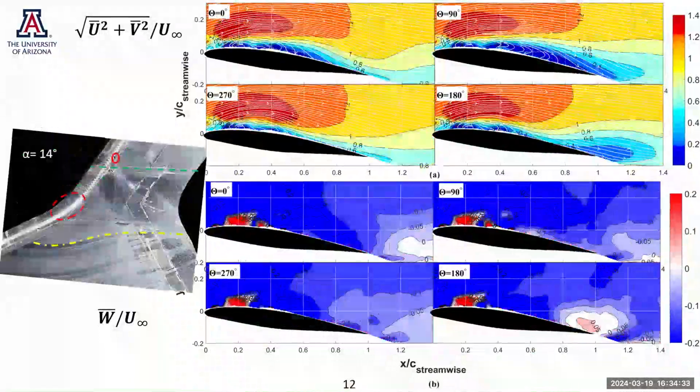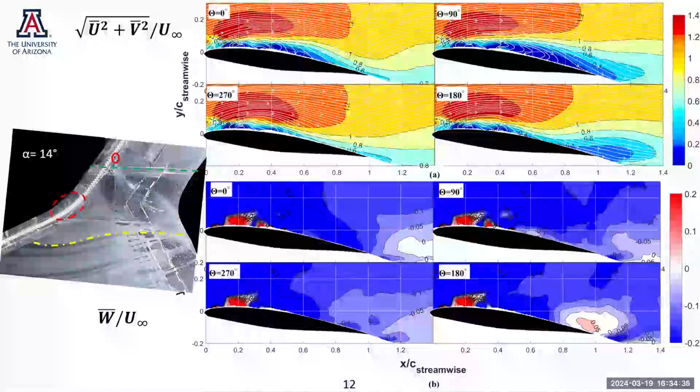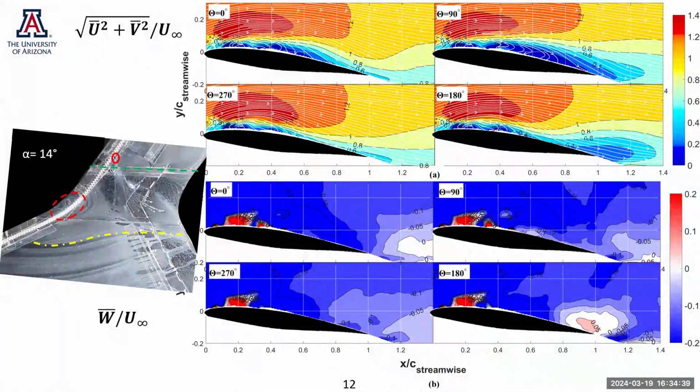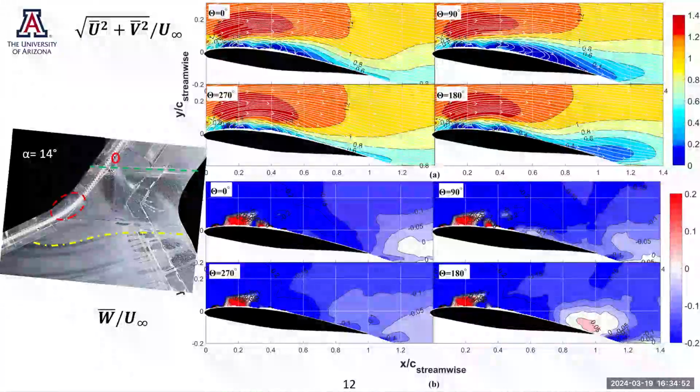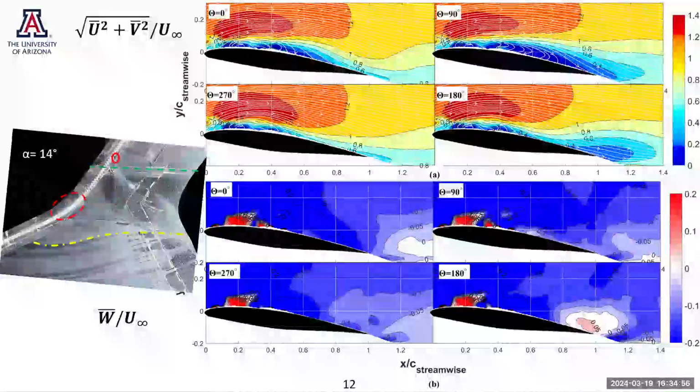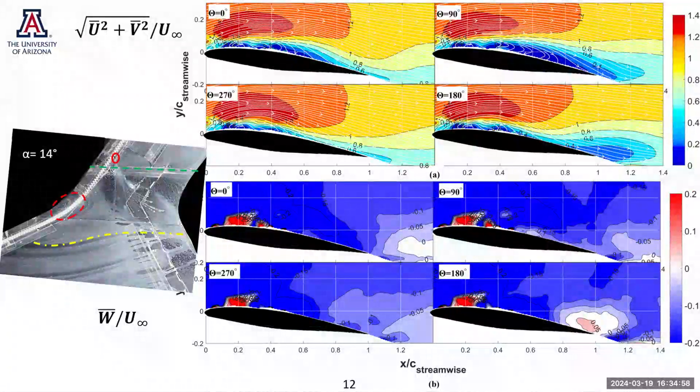With actuation, the recirculating region is almost negligible for the in-plane velocity. And for the out-of-plane velocity, you can see that in the rear there is some unsteadiness, but pretty low in magnitude as compared to the baseline flow that existed earlier. The most significant observation here is that the leading edge vortex being developed on the outer wing is almost consistent in its size and strength, meaning